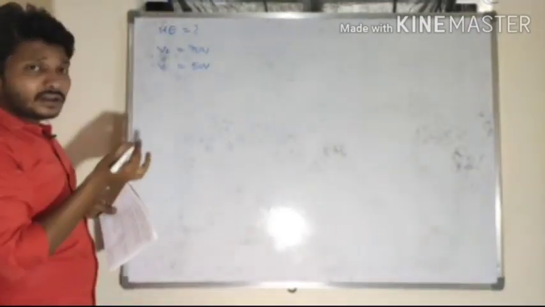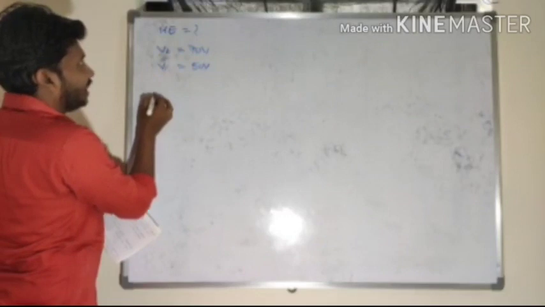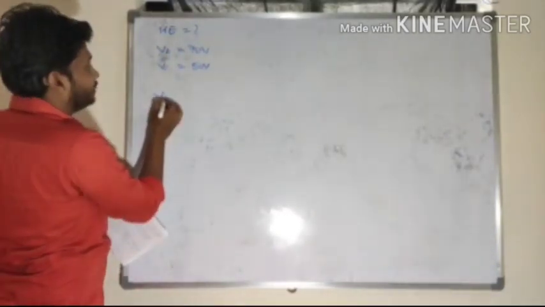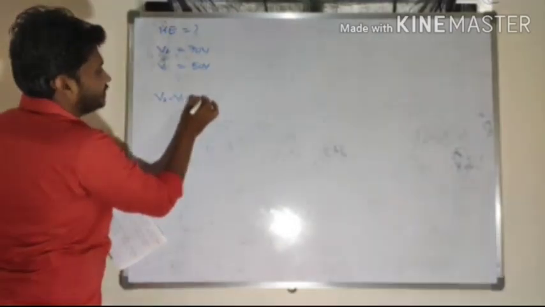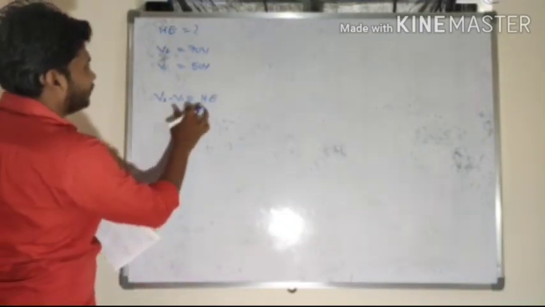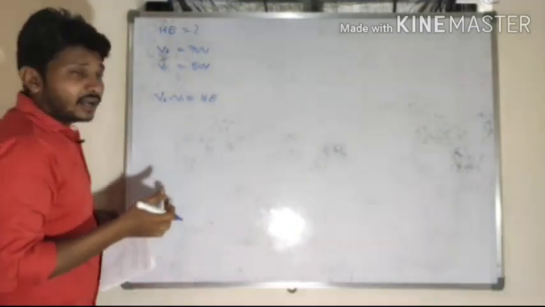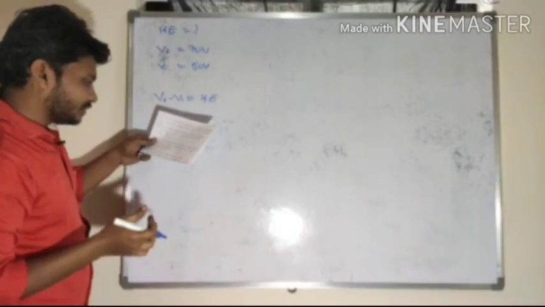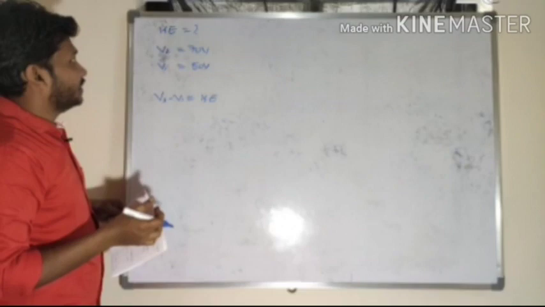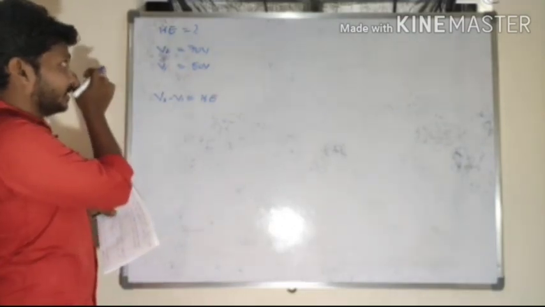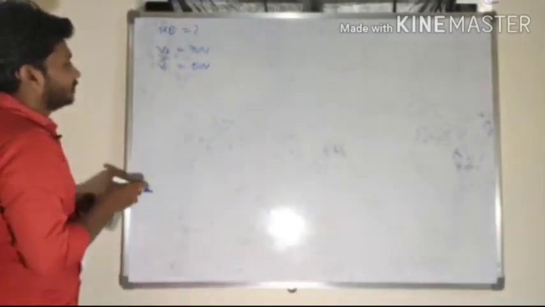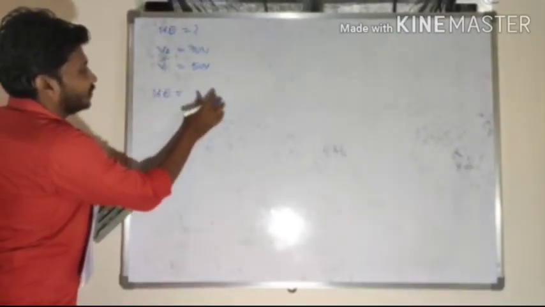So what is the connecting formula between potential and kinetic energy? Work done is equal to what? Change in kinetic energy. So V2 minus V1 is equal to what? The change in kinetic energy here. Which thing did they ask us to determine here? How much kinetic energy is required. So kinetic energy is equal to, by the work energy theorem, work done.